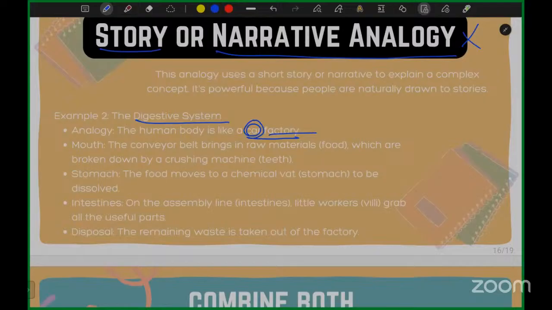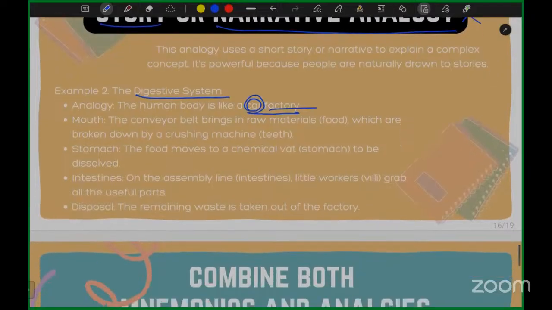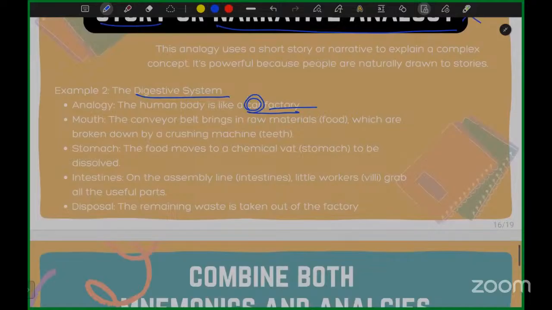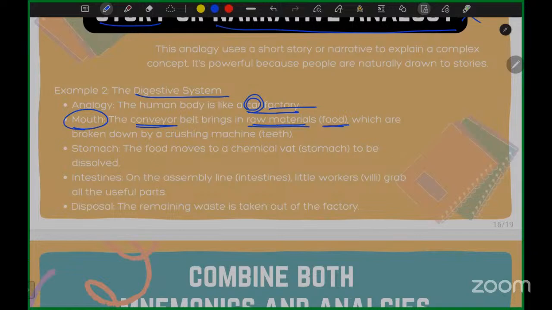What will the industry do here? Basically, they take the raw parts on a conveyor. The conveyor is called the mouth. The raw materials, the raw products which we get from the source, are called food. If the sizes of the materials are uneven, they break the parts down into even parts. That is generally the teeth. What it does is crush the food, so it crushes the raw materials to get a cleaner, even material.